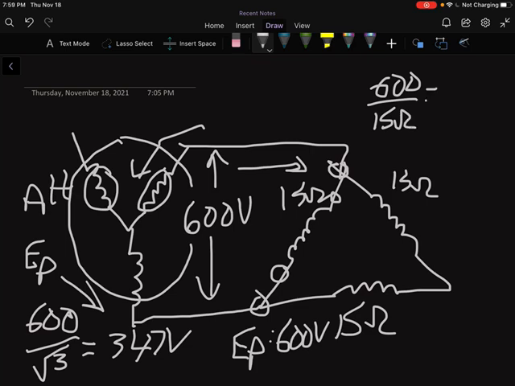If we pound that out, I believe that is 40. I'll just double check. Yep, 40. So we have 40 amps